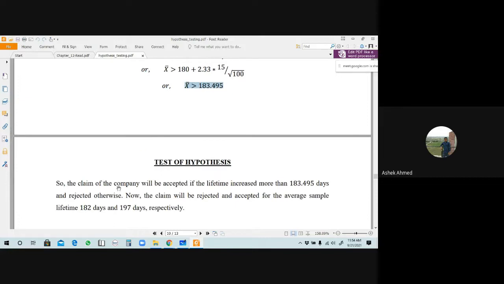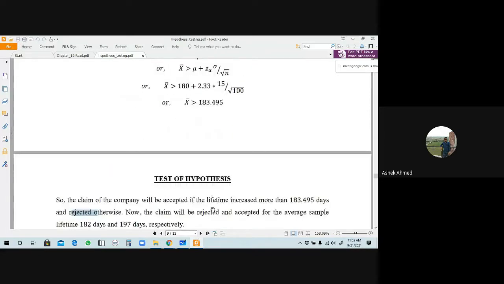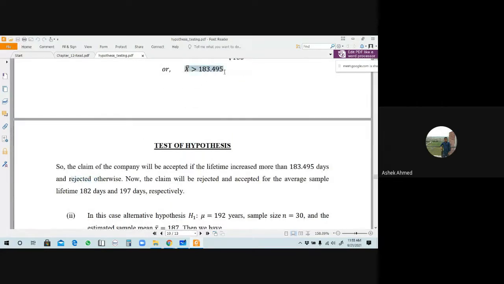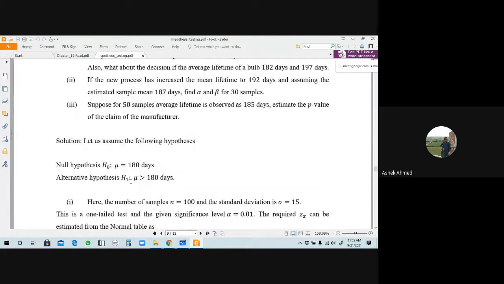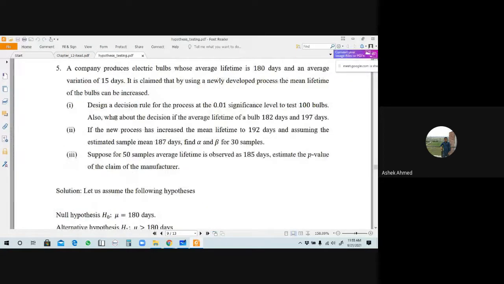Okay, so the claim of the company will be accepted if the lifetime increased more than 183.495 days, otherwise rejected. Now the claim will be rejected and accepted. আমাদের নাম্বার এখানে কত আছে, তো আমাদের যদি এইটা স্যাটিসফাই করে তাহলে কি হবে, the claim will be accepted, otherwise rejected হবে. But in the next line there is also given what about the decision if the average lifetime of